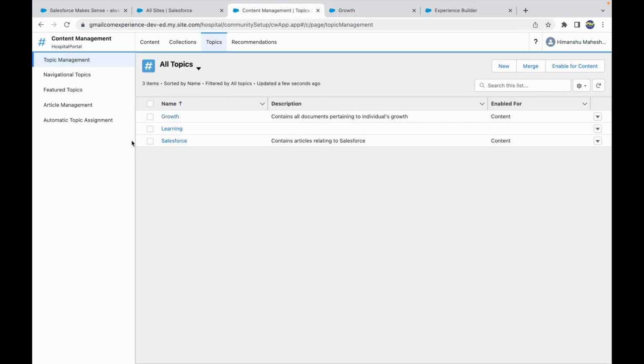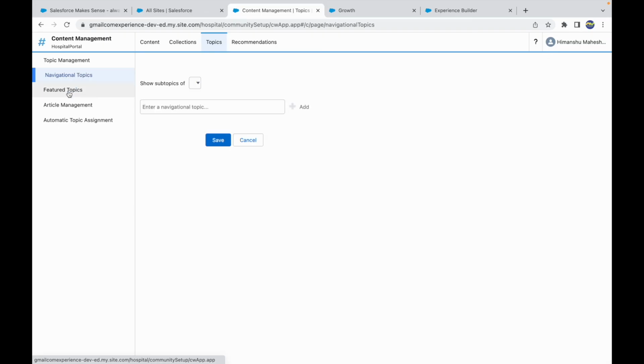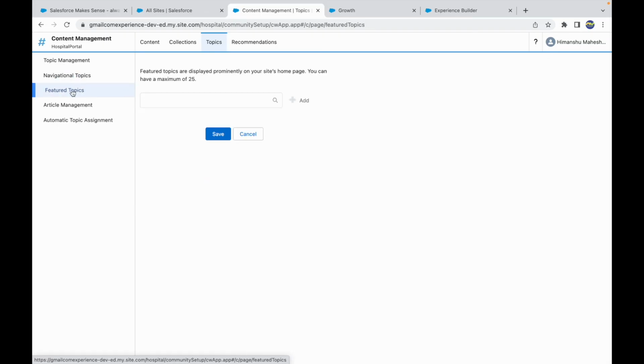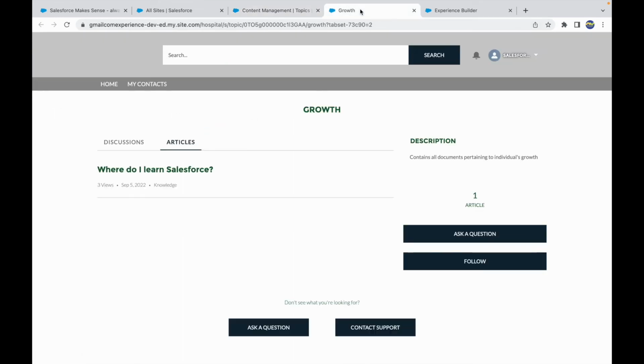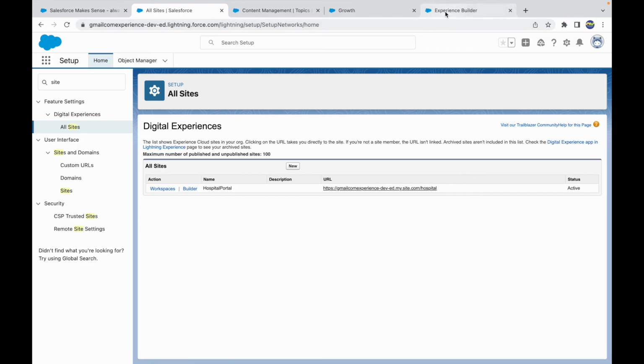Cool. Similarly, you can also do things like navigational topics and feature topics, right? So if you take a look at feature topics, I can pick up a topic and make that a feature topic so that you can see the feature topics on the home screen. So if I go for growth and I say save, and now if I go to the community builder,